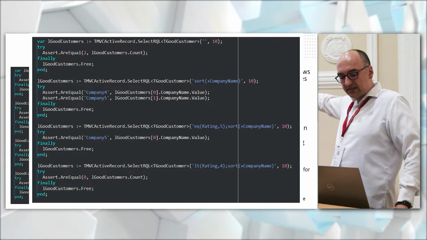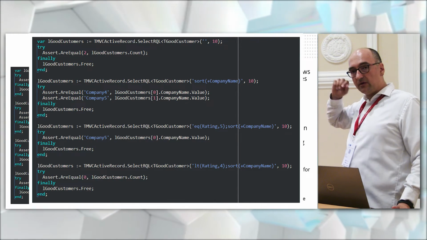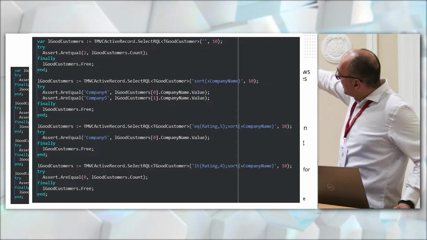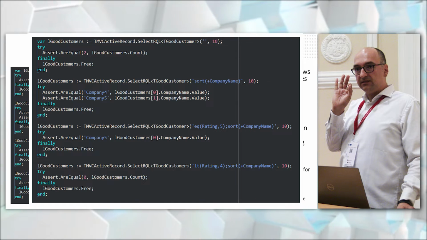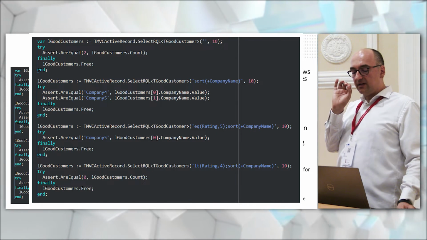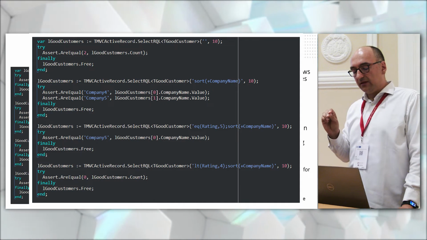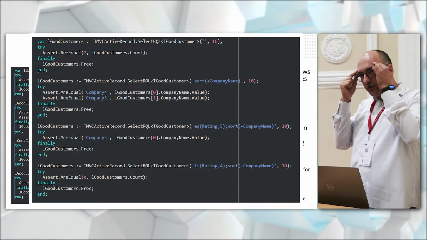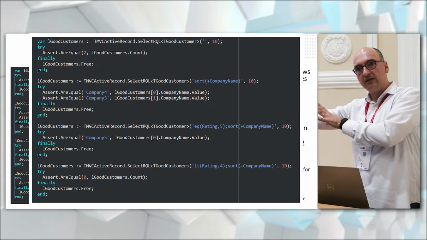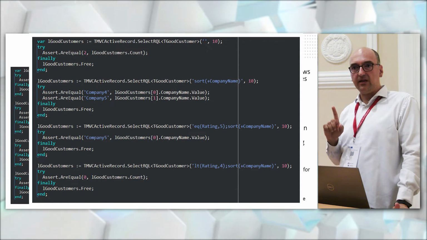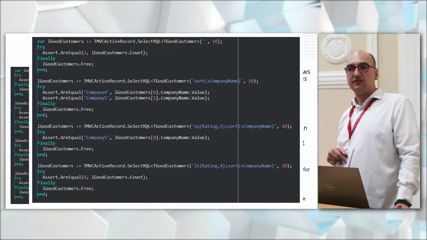Let's take all the good customers and sort them by company name. What you say there in the sort is not the field name, because if company name was the field name, we would be talking about the connection to the structure of the table. This is the attribute name, so it's the attribute that the TGoodCustomer class has.